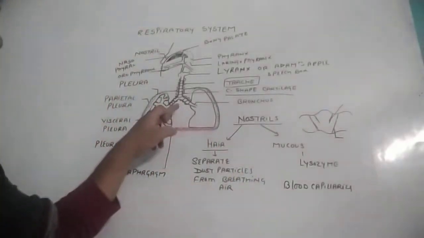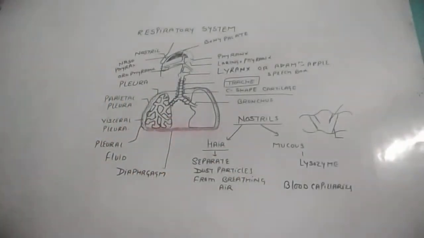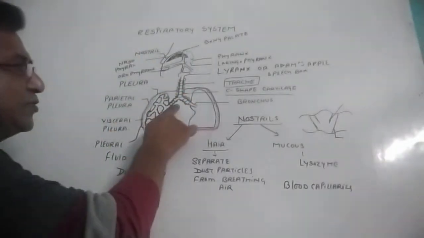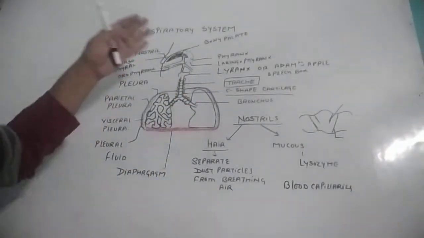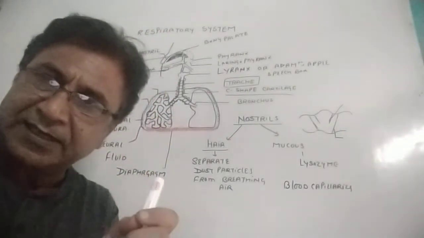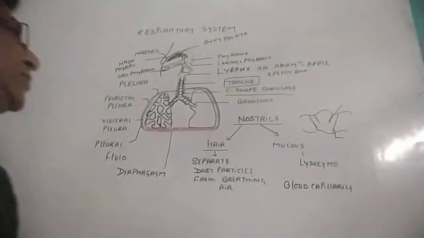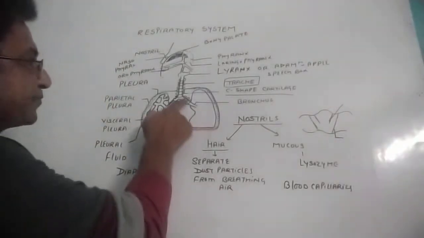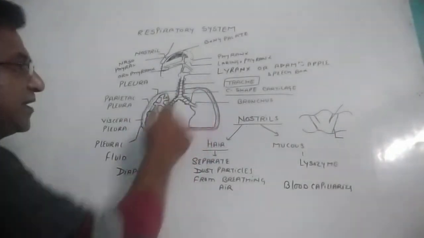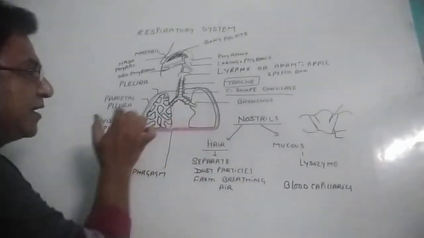These cartilages are also present in the bronchi, and the function is the same in that case. So this trachea extends up to 12 centimeter and then splits into bronchi. The trachea and bronchi are also lined internally by mucous epithelium, so they produce mucus also. The trachea splits into two bronchi. Each bronchus enters each lung. The left lung is smaller in size as compared to the right lung.